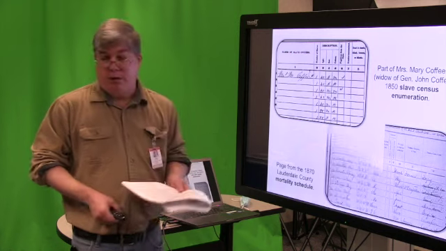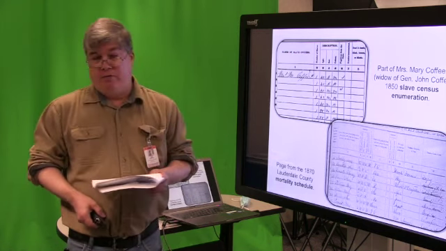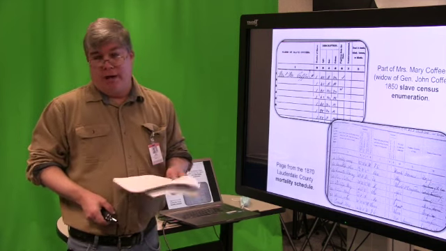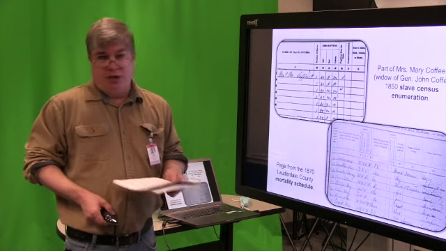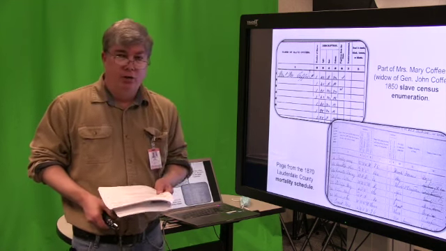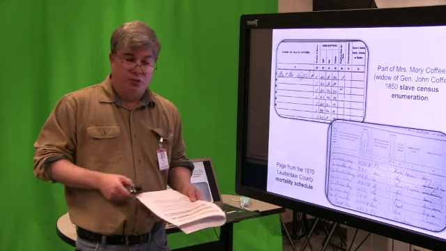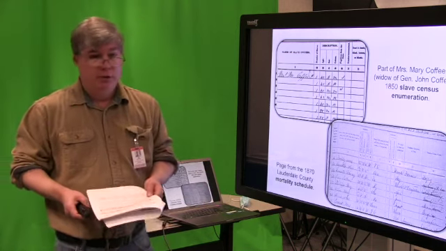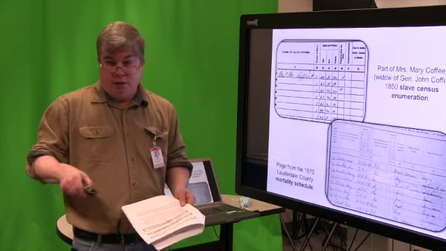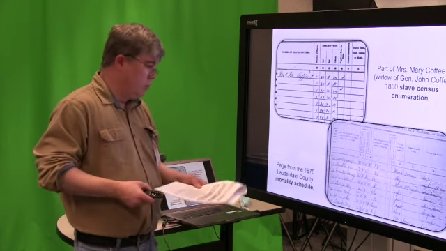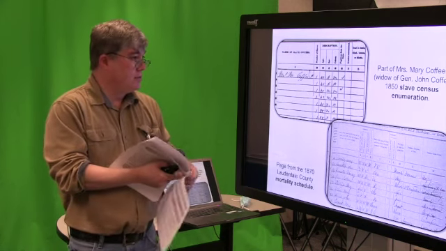Sometimes people got enumerated twice. My great-great-aunt, one of Wiley Francis Freeman's daughters, got enumerated at home with her parents in, I believe, 1910. Then she got a job with the phone company a couple of days later, moved into an apartment, and then got enumerated in her second new residence, which is what the census taker is supposed to do. She's living in that house when he gets there, so he's supposed to record everybody that lives in that house. But she got recorded twice. So that can happen in some cases.